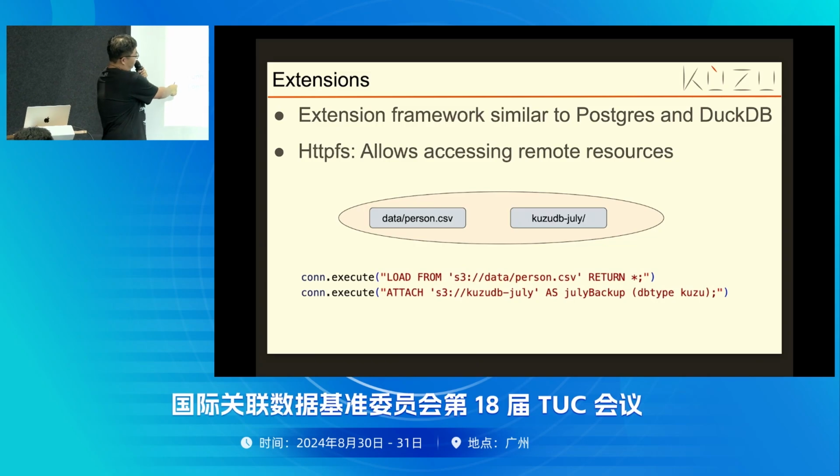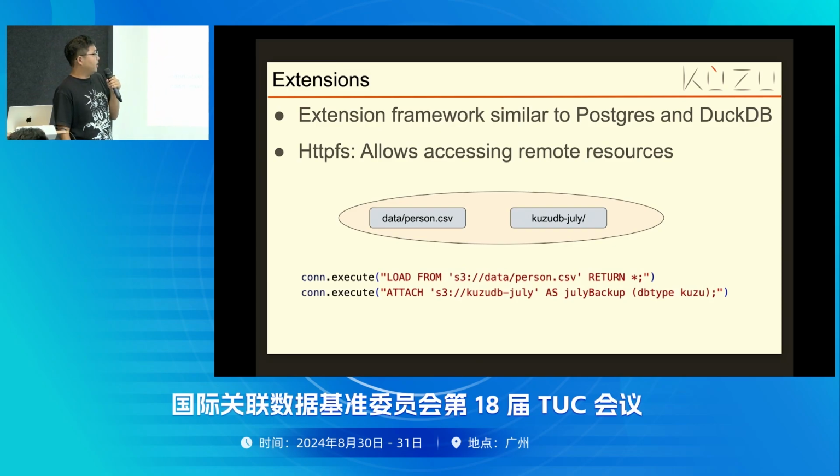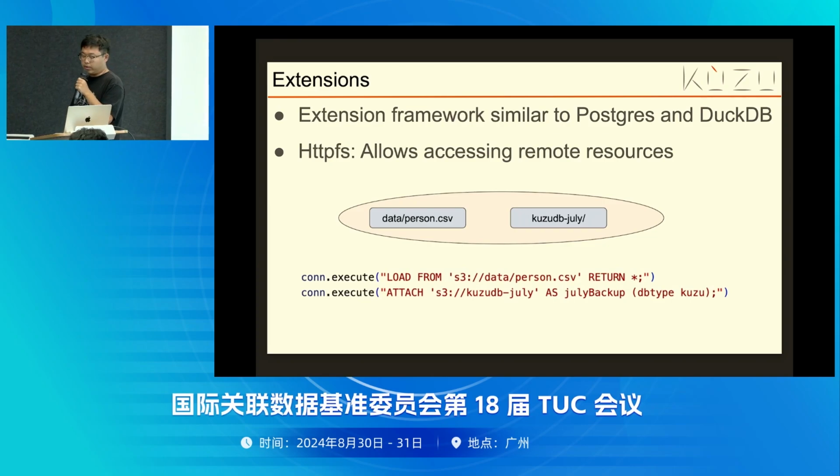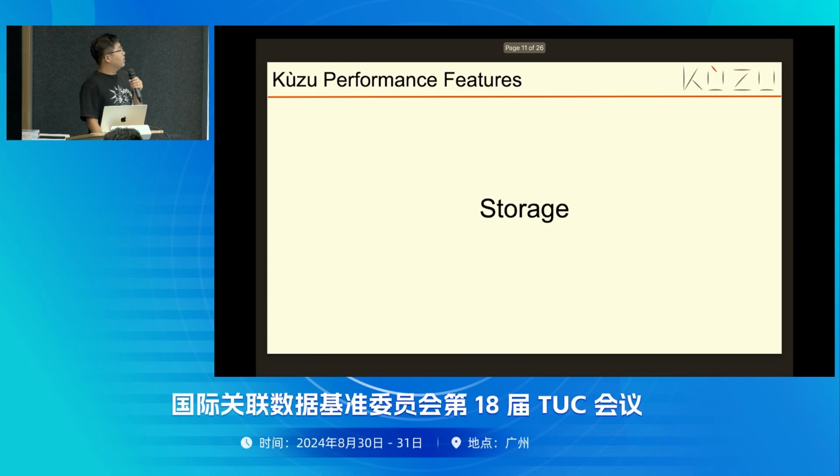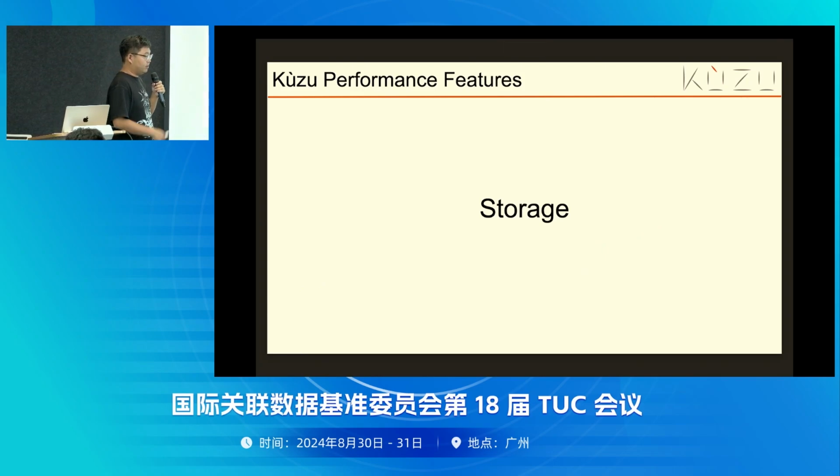In the first Cypher statement, we show how you scan a file that exists in S3 storage and directly return all the data in that CSV file remotely. In the second case, you can alternatively attach directly to a remote Kuzu database, and then use it as if it's a read-only local database afterwards. So that's pretty much what I want to talk about for the usability features.